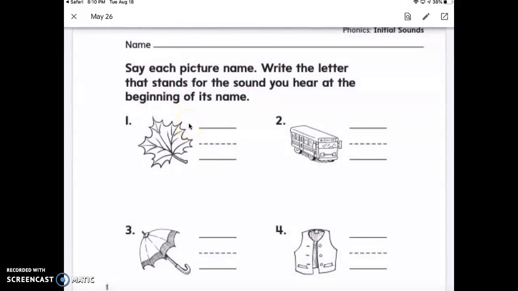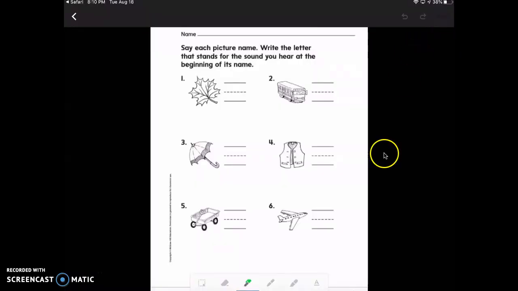Now I can see the work that I have to complete. In order to do any work, I have to touch that little pencil on top. That is my editing. Once I open that editing button, I see a menu in the bottom. This first square helps me to zoom in. If I touch that and I select the part, click and drag,